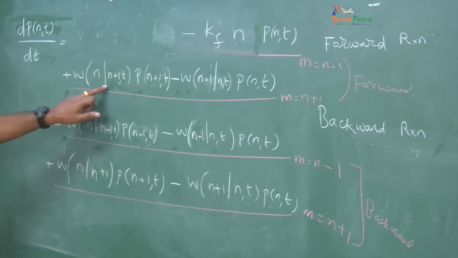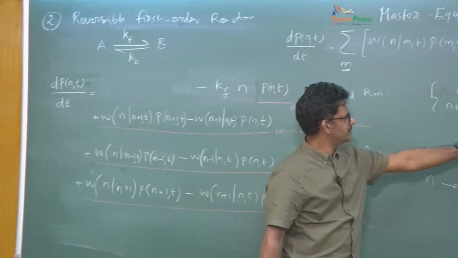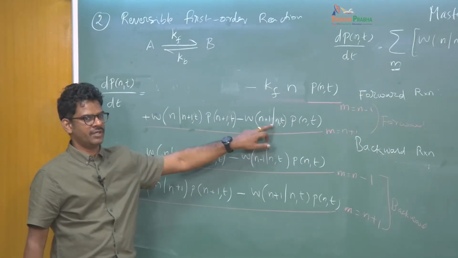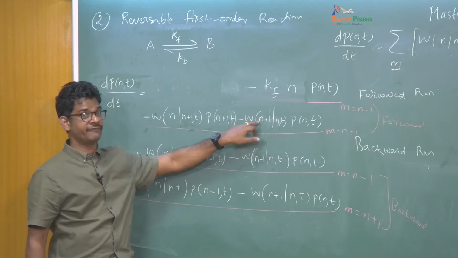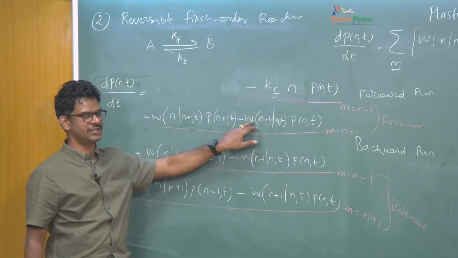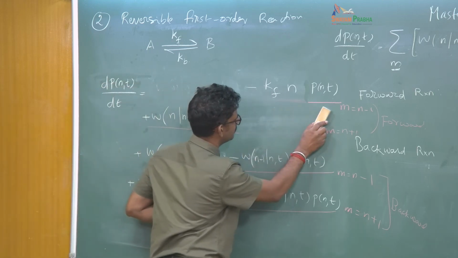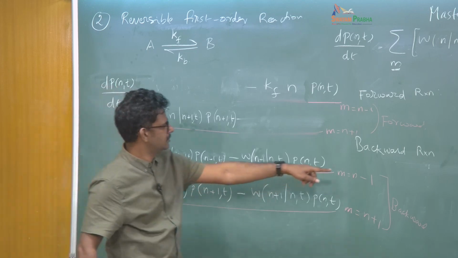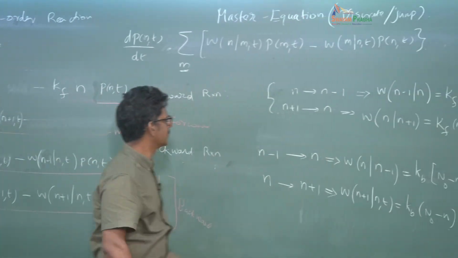Now here also only this n plus 1 to n is defined. This is defined, but this is not defined, because this is going from n to n plus 1 by forward reaction, not going to happen. So this is 0. So this term does not survive. And this one on the other hand is this